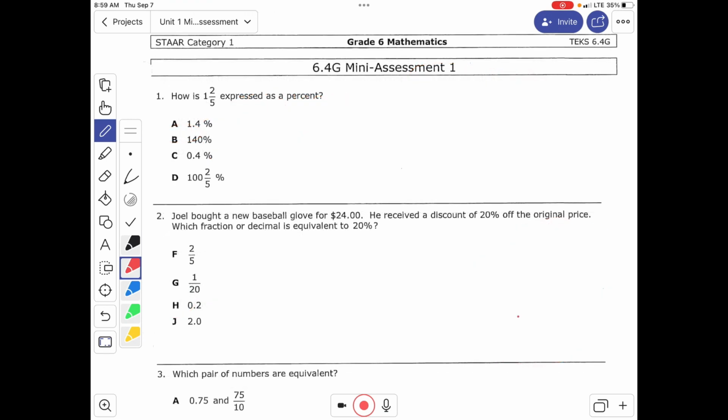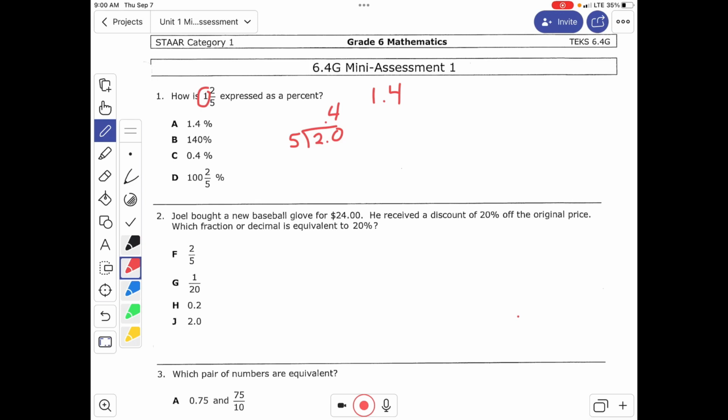The next section starts talking about converting between decimals and fractions to decimals. So number 1 says, how is 1 2/5 expressed as a percent? Well, remember, we need to change 2/5 to a decimal. So 2 goes in the house, 5 goes outside, 5 goes into 20 4 times. So the decimal part is 0.4. And I need to put my whole number with it, so it's